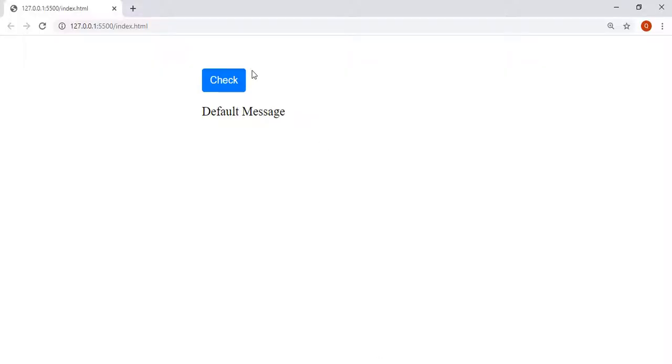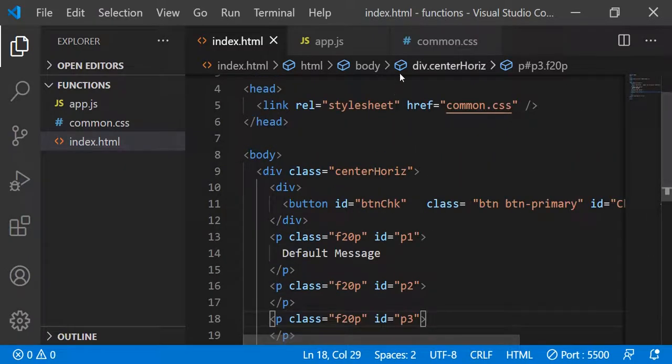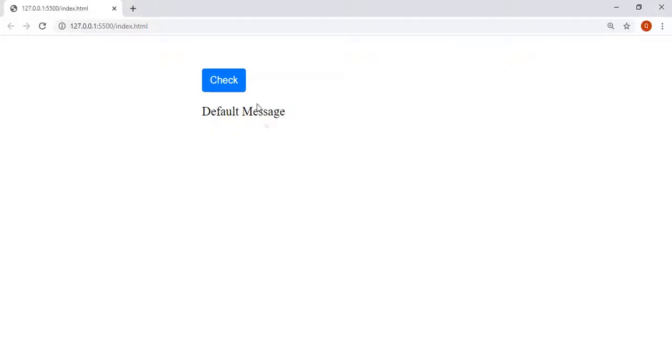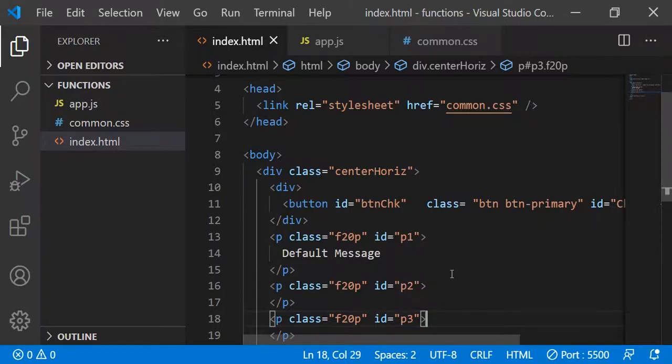So now what I do, I will write a function that will change the default message, const setMessage. This is a function expression. We need to change the value of this paragraph, so we need to get the ID of the paragraph.